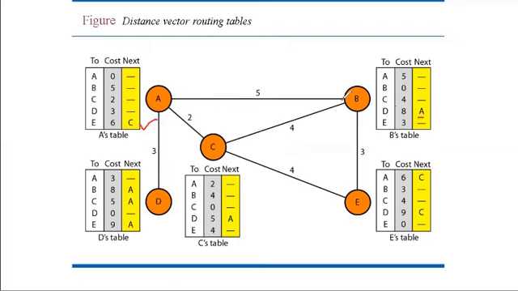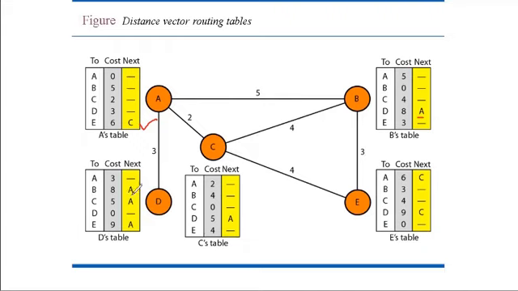The next hop is A to reach D, and the total distance is 8. In this way, all the routing tables are updated, so we will see these routing tables. The reason being, D earlier had only one entry, and all the other entries were infinity. But now you can see that A has shared its routing table with D, and the values to B, C, and E have been updated.